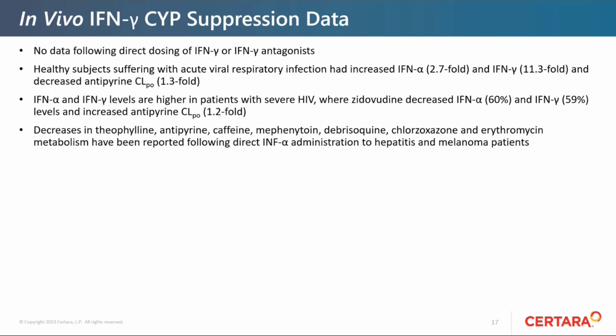In healthy subjects suffering an acute viral respiratory infection, interferon gamma and interferon alpha concentrations were significantly increased, and antipyrine clearance was significantly decreased. And similarly, when HIV patients were treated with zidovudine, the interferon alpha and interferon gamma concentrations decreased and antipyrine clearance